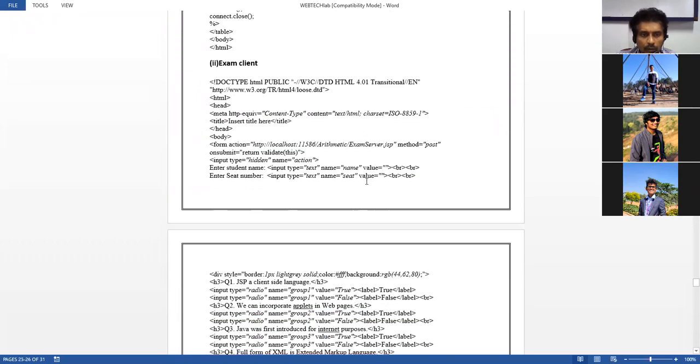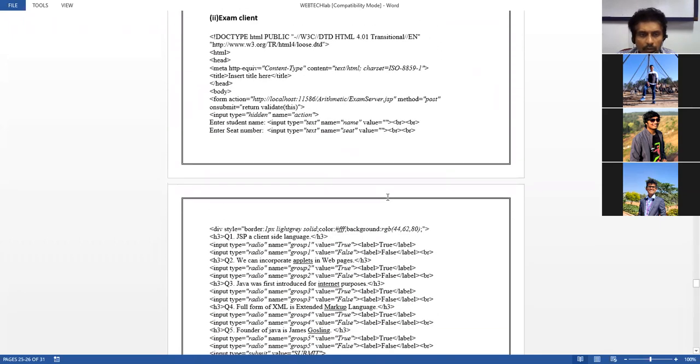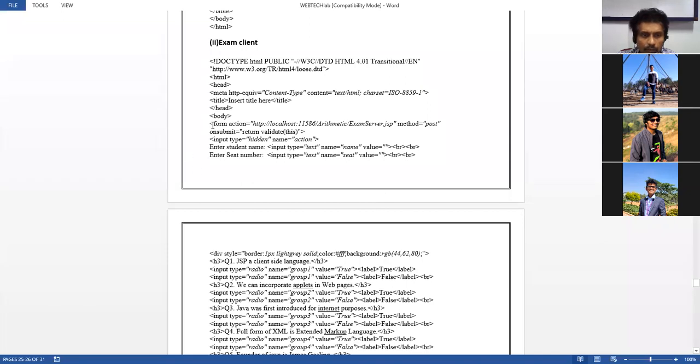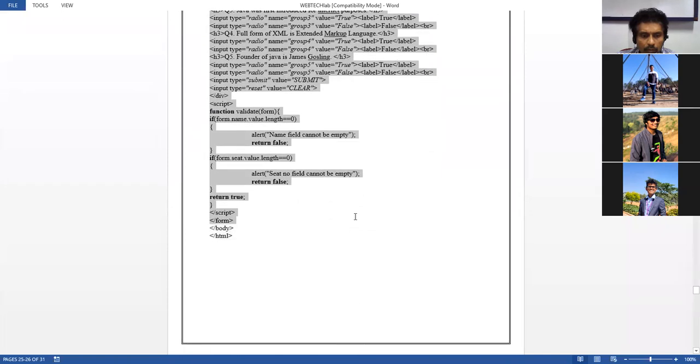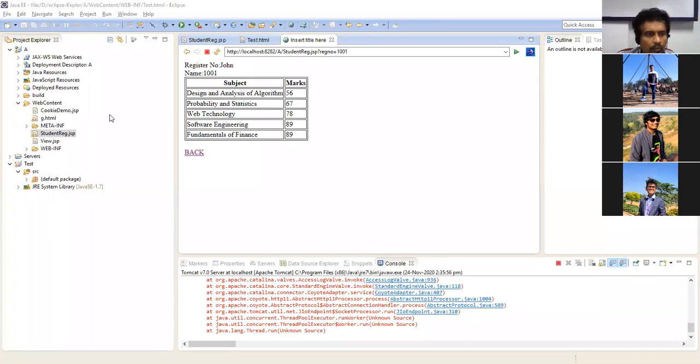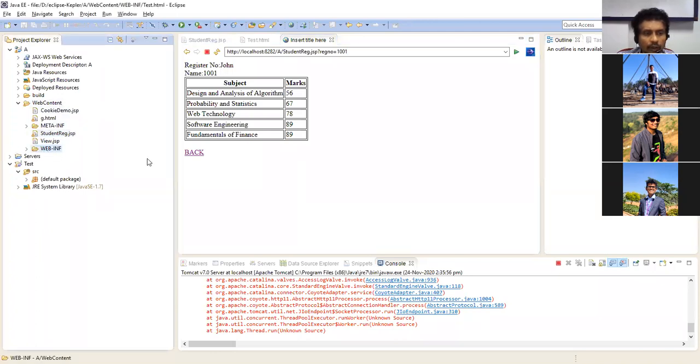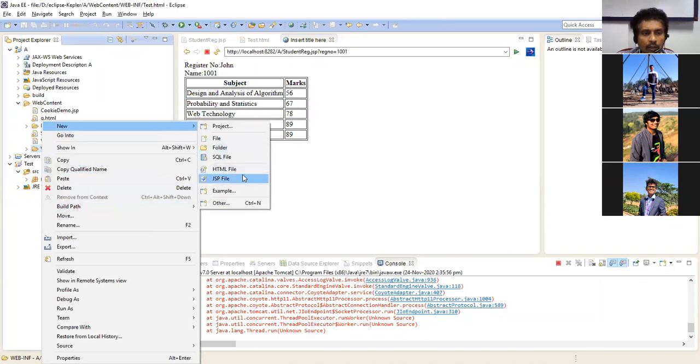Fine. So now I'll show you the demo of how it works. The first thing is I'm going to create the client file, which is basically your HTML file.